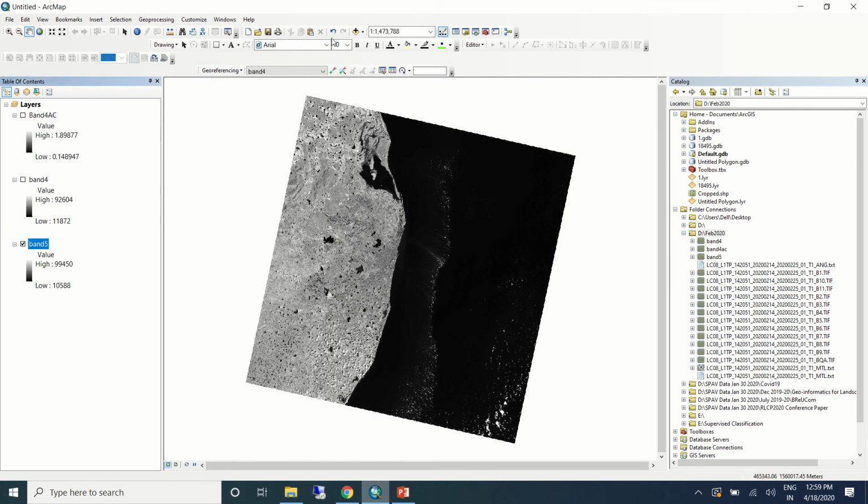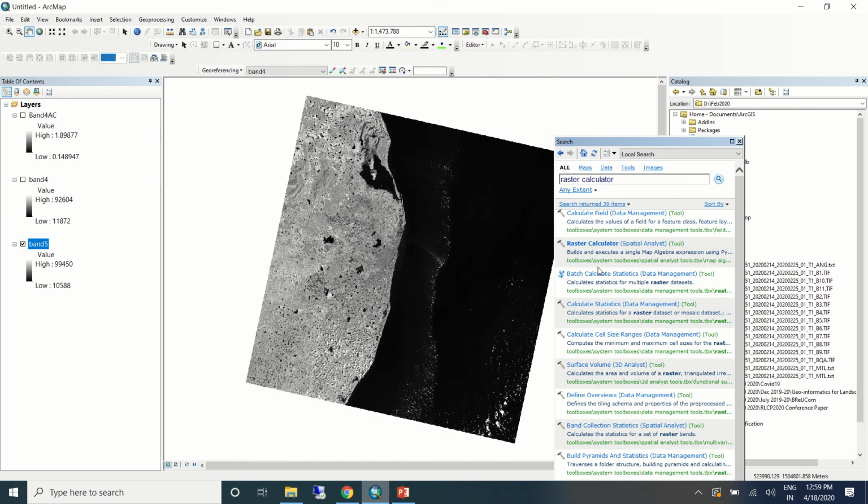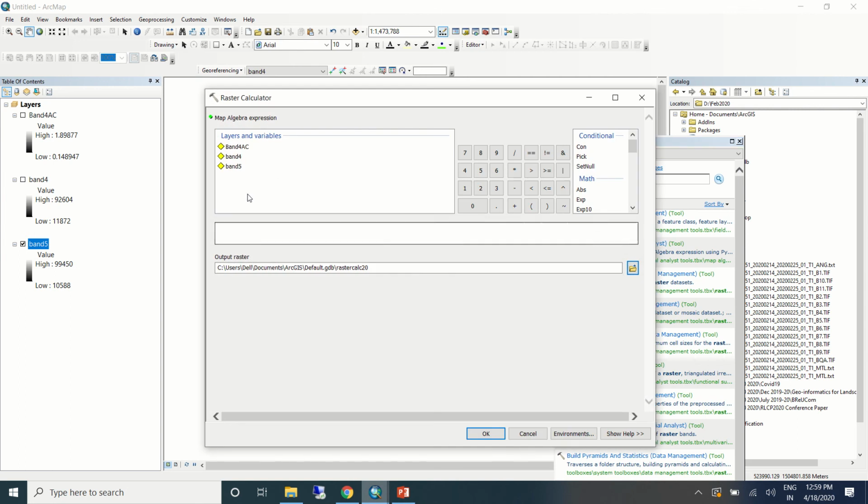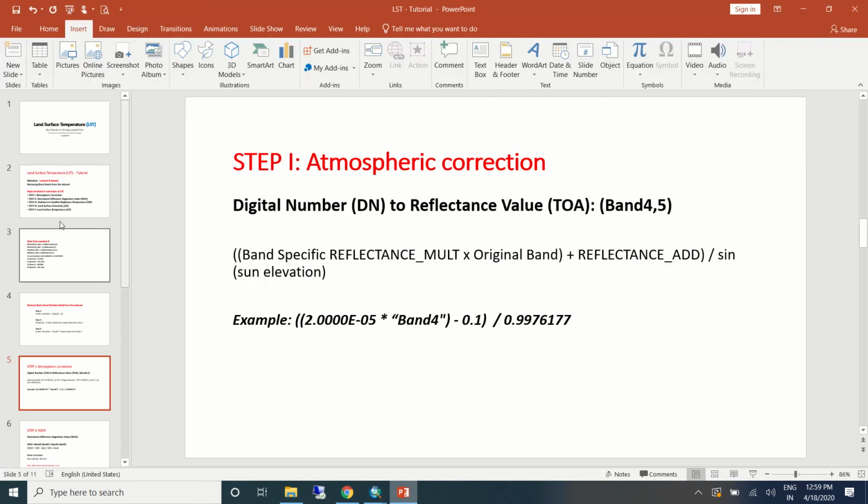Band 5. We'll go to raster calculator. We need a reflectance value.